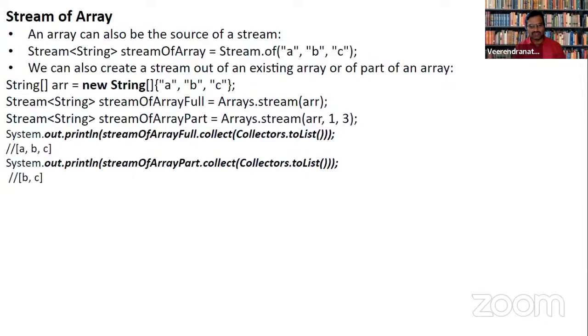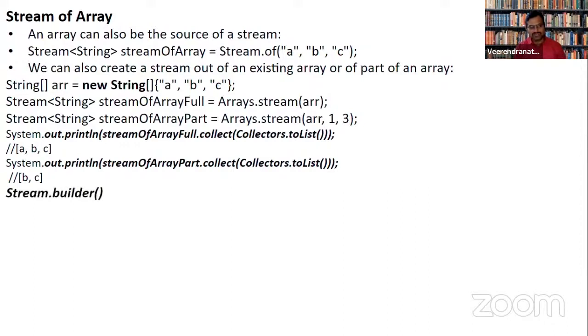We said array 1, comma 3, which results in only two elements, the first index element and the second index element. This is where you create a stream of an array.